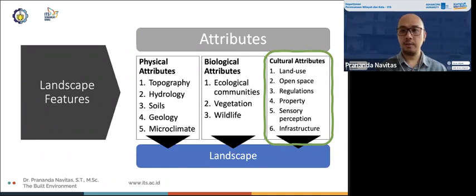Infrastructure as well, of course. Now, if we look deeper, why are we not focusing on the physical attributes and the biological attributes? Because the physical and the biological attributes are generally given. We use our knowledge and our capacity in translating and manipulating the cultural attributes to modify the physical attributes,